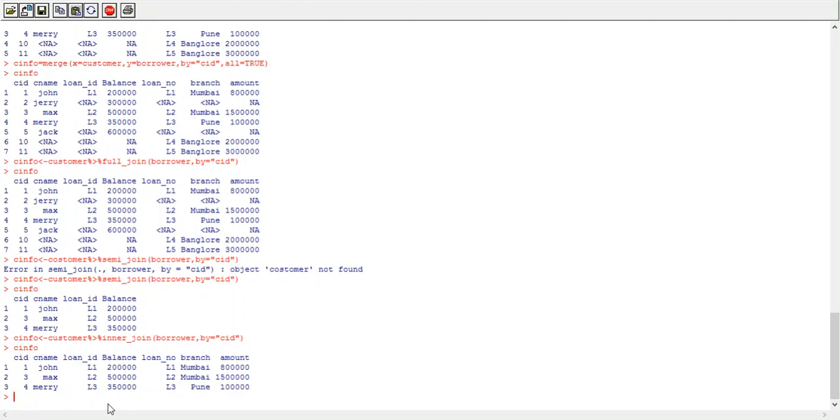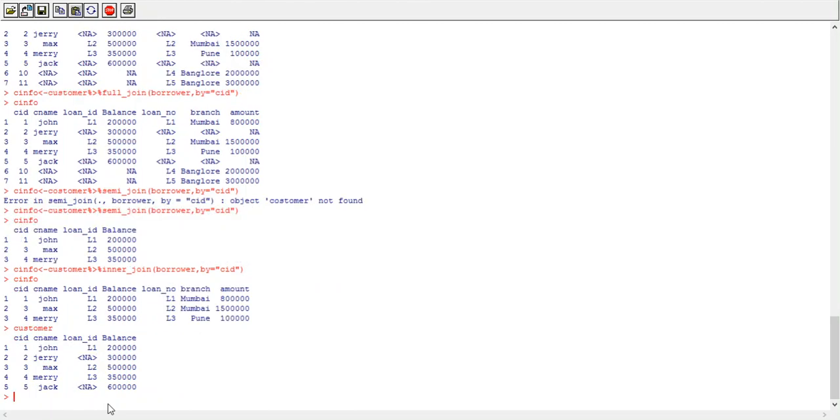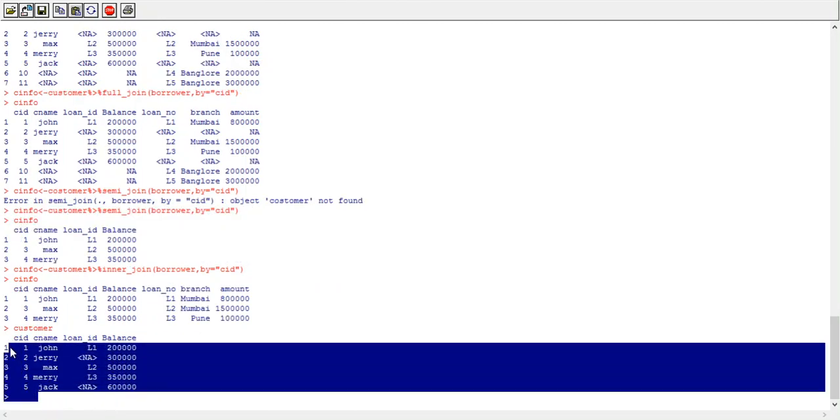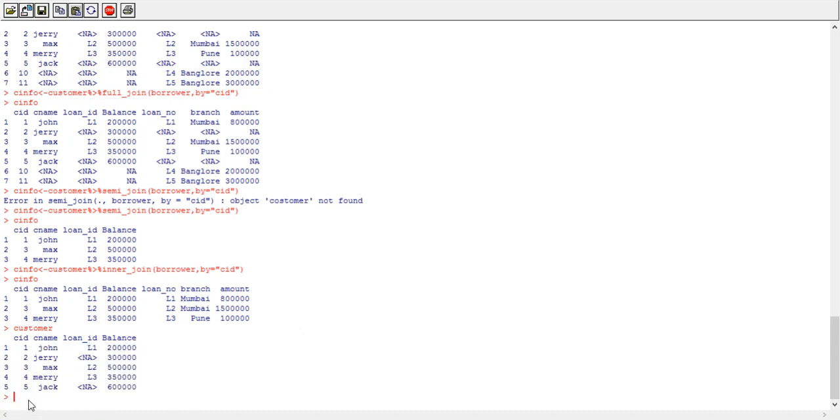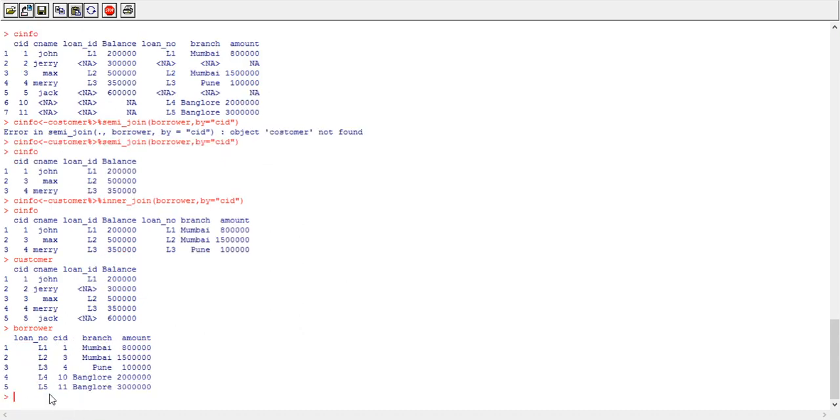Now anti join means all rows, all data that are present in first data frame but not present in second data frame. That is data frame 1 minus data frame 2. So we'll see this customer. This is my first data frame which consists of data for 5 customers, and borrower, which is second data frame which consists of data for 5 loan holders.